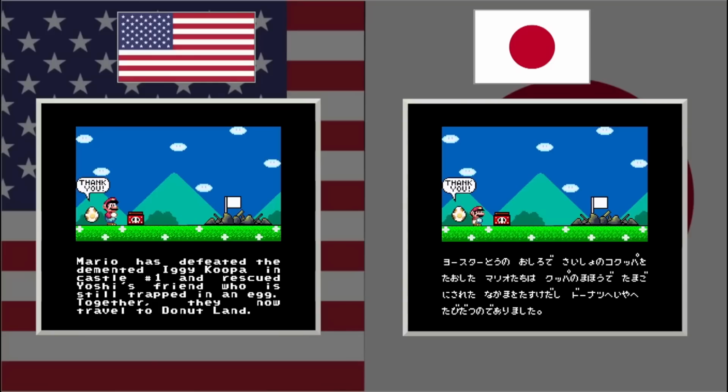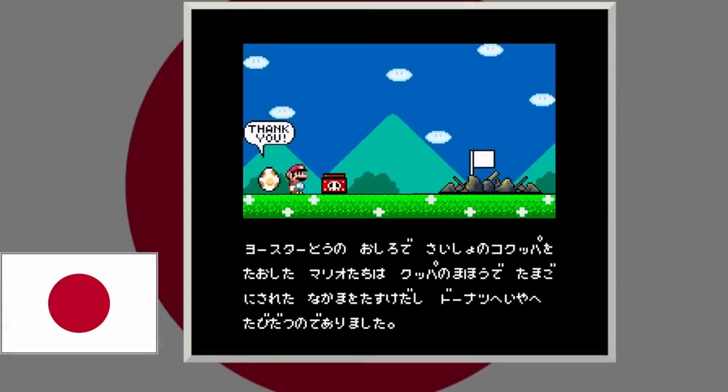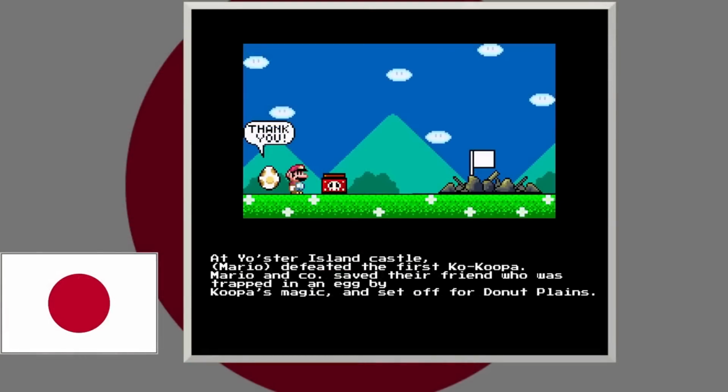In the US version, it says Mario has defeated the demented Iggy Koopa in castle number 1 and has rescued Yoshi's friend who is still trapped in an egg. Together, they now travel to Donut Land. But the Japanese version reads out more like at Yoster Island, which, by the way, Yoster Island was something that was used in the Japanese version of Yoshi's Island, which I had no idea. Sorry, anyways, it says Mario defeated the first Ko-Koopa, which is the way that the Japanese refer to the Koopalings. Mario and Ko saved their friend who was trapped in an egg by Koopa's magic, Koopa being Bowser, and set